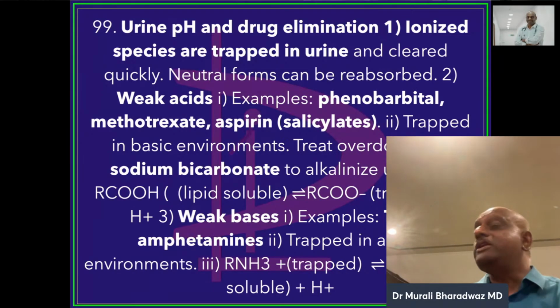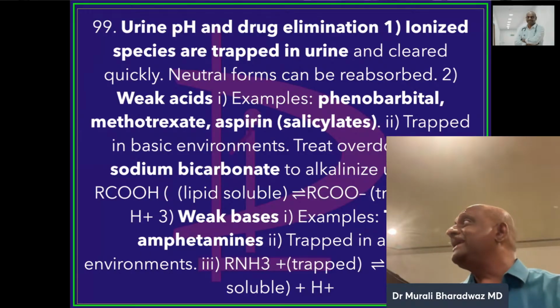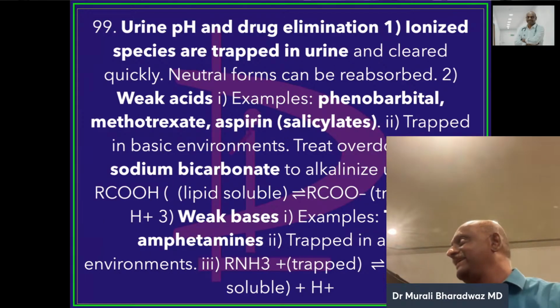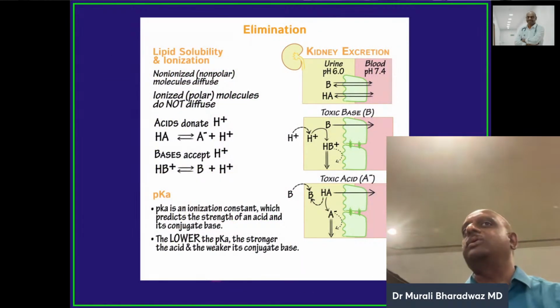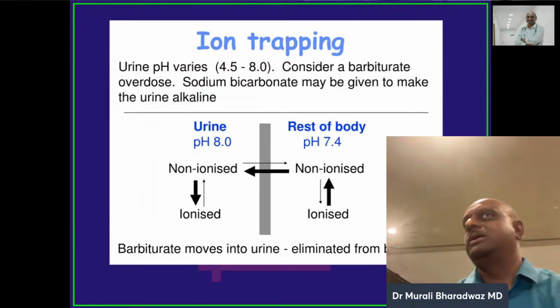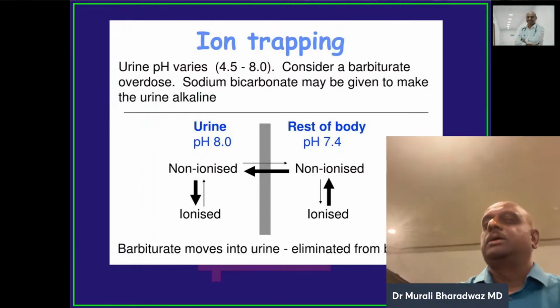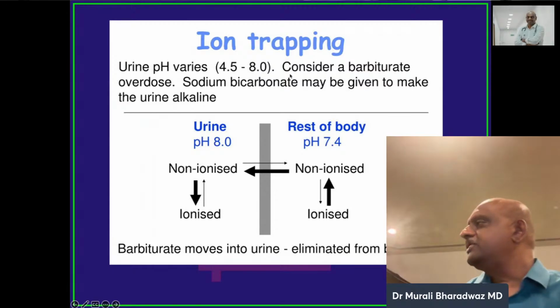If it is a weak base, for example tricyclic antidepressants, amphetamines, they're all weak bases. They are trapped in the acidic environment. So acidify the urine. That's how you will promote the excretion. So whenever any barbiturate overdose is there, sleeping pills,